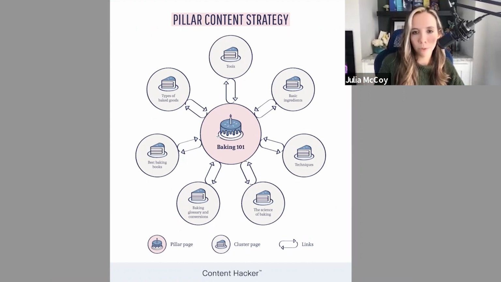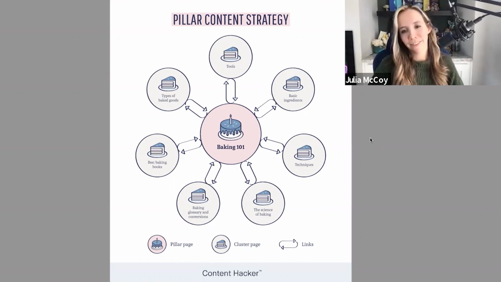Like the top tools for baking a good cake, the types of different baked cakes, and maybe we specialize in ingredients or gluten-free. It's funny because we just talked about food blogging going out of style. So this is probably not the pillar content you want to create. You probably want to avoid that, just because, if you weren't here to catch the beginning, food blogging might go out of style. It is so much easier to have this tool write a recipe, like so much easier. I won't go back. I'm going to use it every night, seriously, to create recipes.